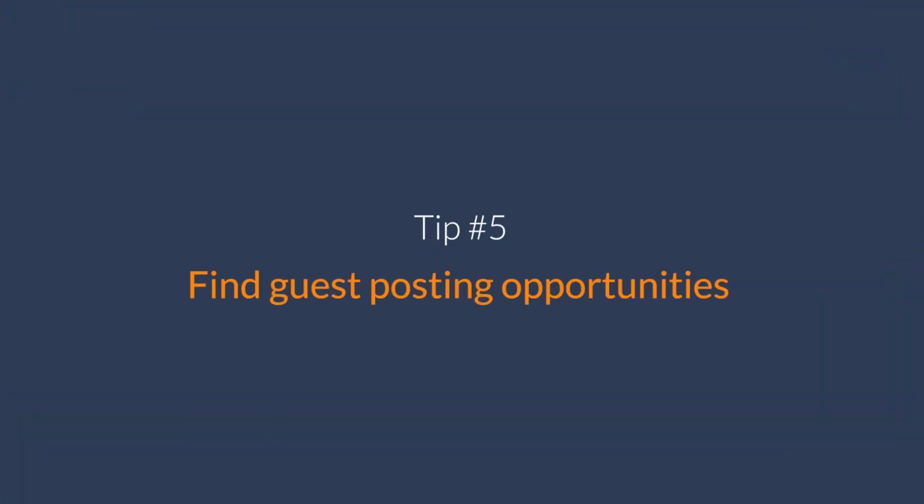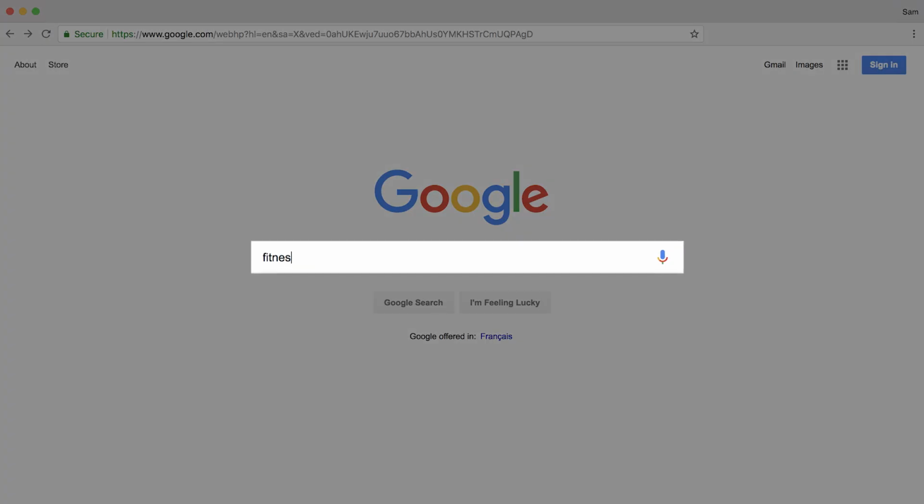And it's really simple. You can just type in something like a generic topic related to your niche, like fitness, then in title, "write for us" in quotes, and in URL, write-for-us. Now this query has 3 conditions. It's going to look for pages where the word fitness appears on the page, it's going to look for titles that say "write for us" as a phrase match, and it's going to find URLs that include write-for-us.